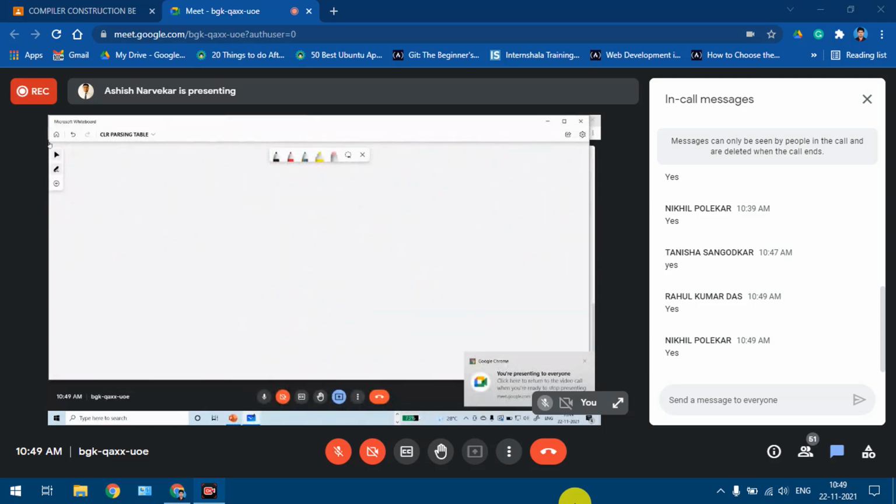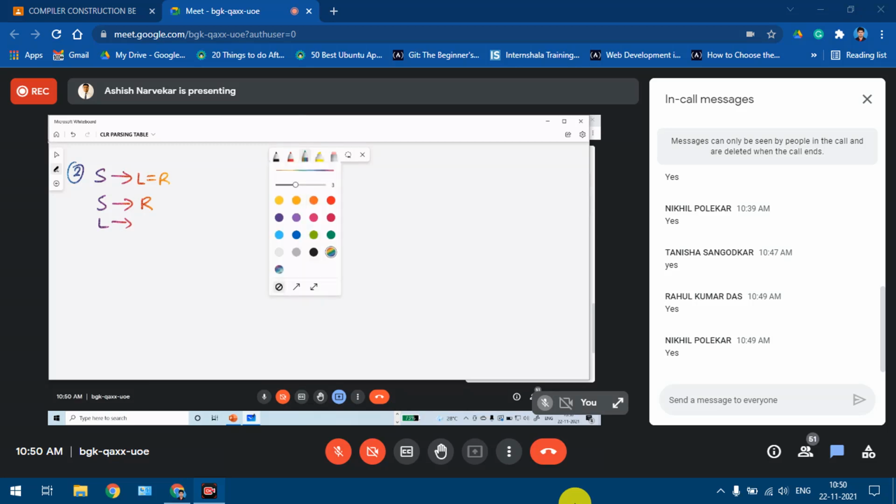Okay, so the second grammar that we had taken was S gives L equal to R, S gives R, L gives star R, L gives ID, R gives L. So this is a grammar that we had constructed as the second problem, wherein we had